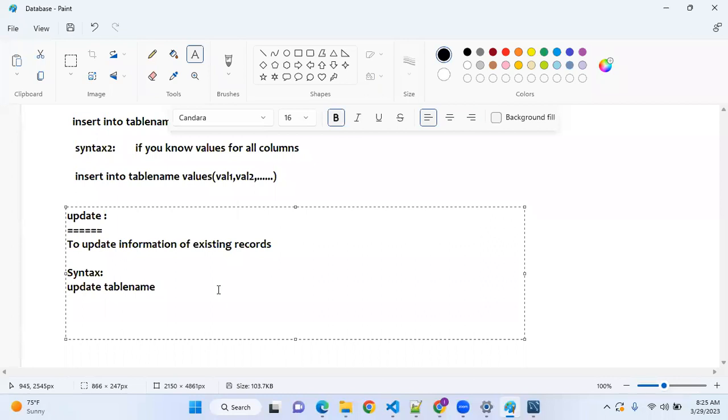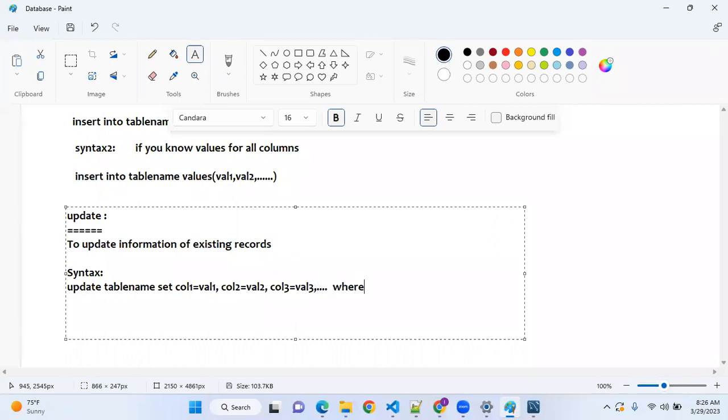Very, very important. Update table name, set column 1 equal to value 1, comma, column 2 equal to value 2, comma, column 3 equal to value 3, etc.